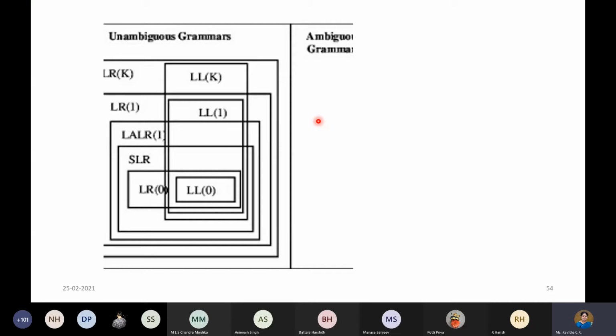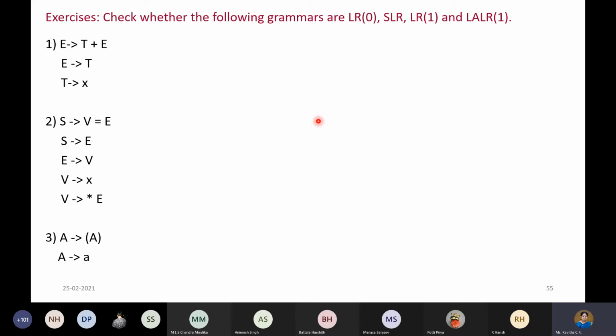See, can you have different trees for the same sentence? If you are creating that, then somebody will write something, another person will write something else. So that cannot be allowed. So the parser, the compiler cannot handle that. Therefore, the grammar should be free from ambiguity. Then only we can go ahead saying that, okay, this syntax is correct, this syntax is wrong. So that is very important. So ambiguous grammar we are not going to use for our parsing. So that is the hierarchy, so that we are going to end.